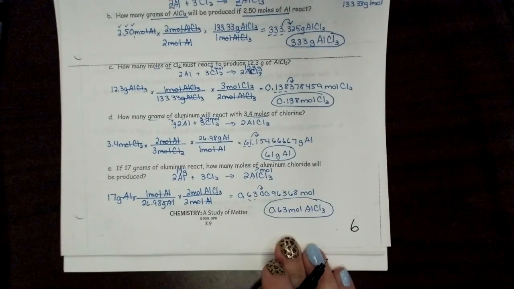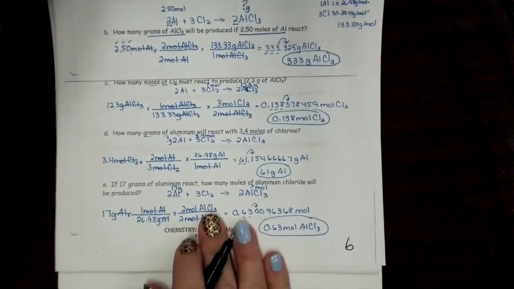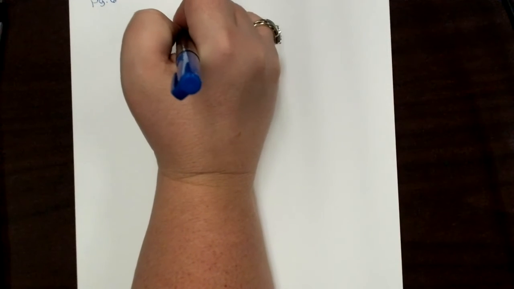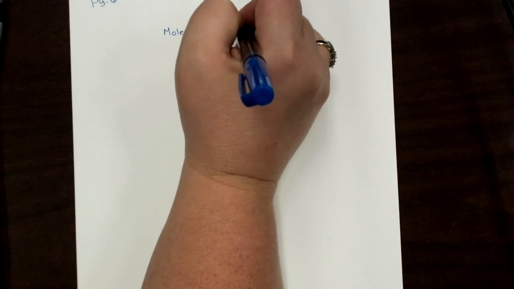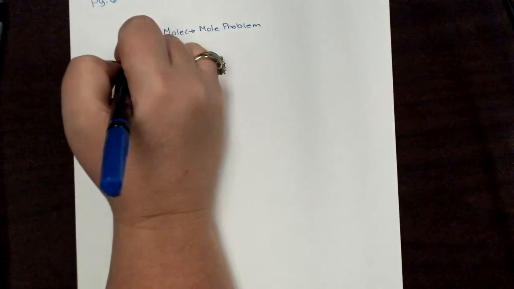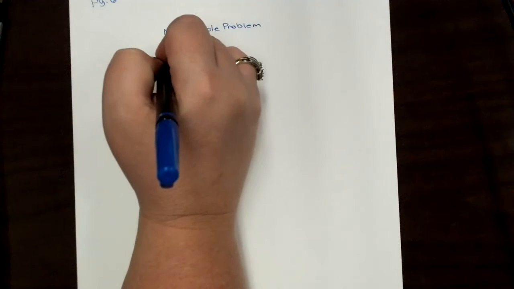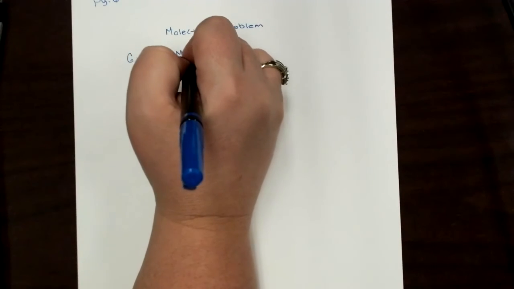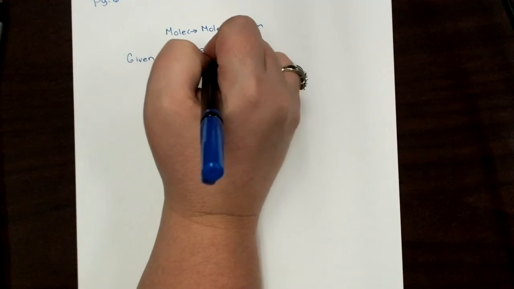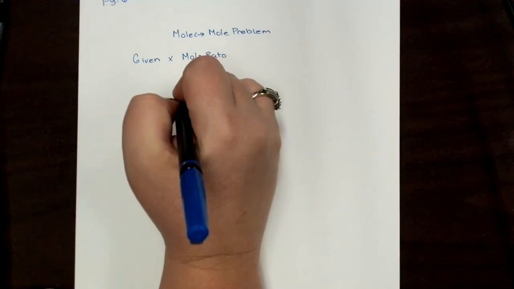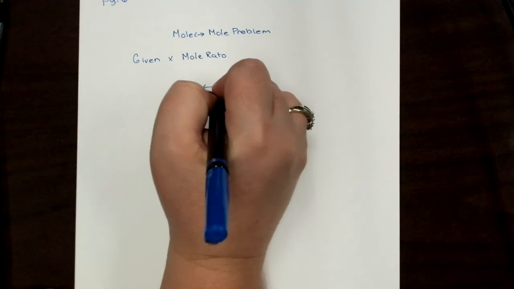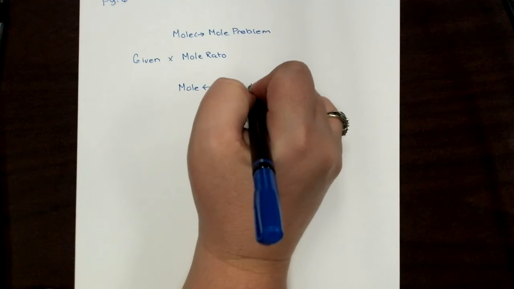Okay, so let's just kind of recap what we've learned. So if it is a mole to mole problem, you just do your given and then the mole ratio. Okay. If it is a mole to mass problem,